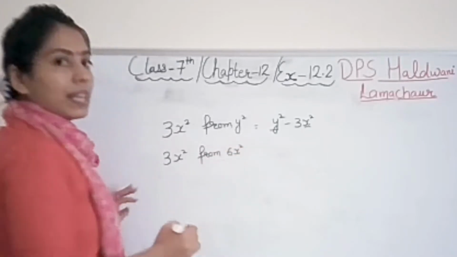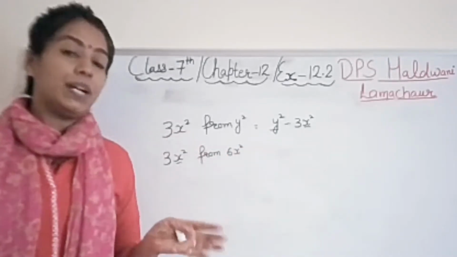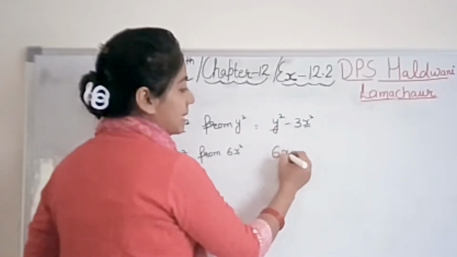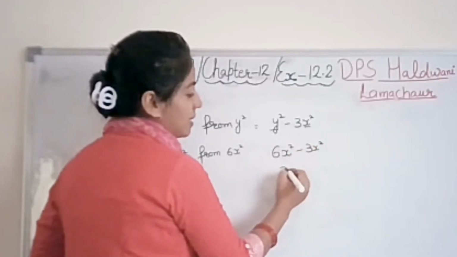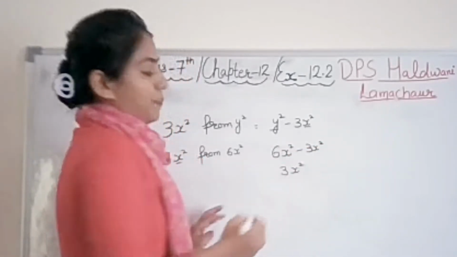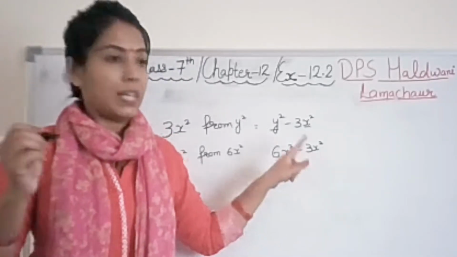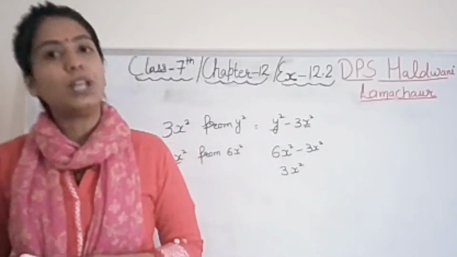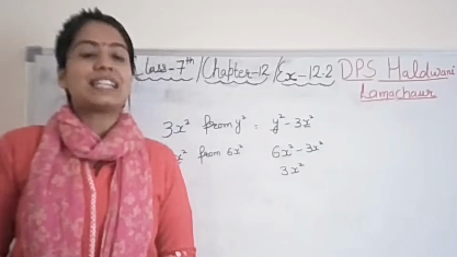So if I say subtract 3x square from 6x square, now we can do it, because x square is the same, the variable will be same always, right? So the term will be 6x square minus 3x square. So 6 minus 3 is 3x square, because we subtract the coefficient, the constant term. The variable will remain as it is. That is why like terms only we can add or subtract. Right, student? So that's it.